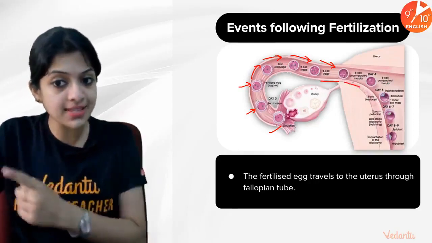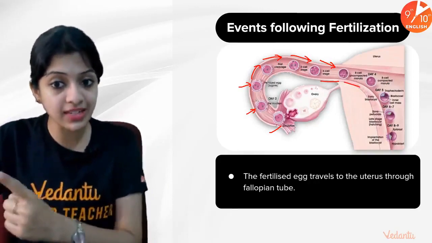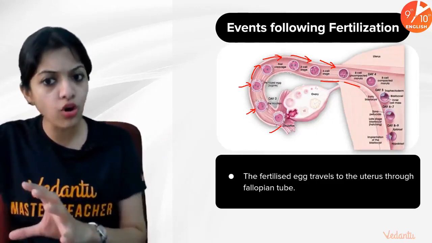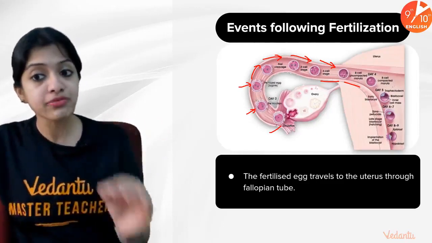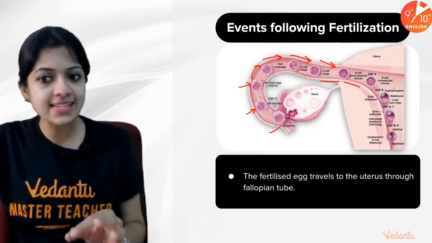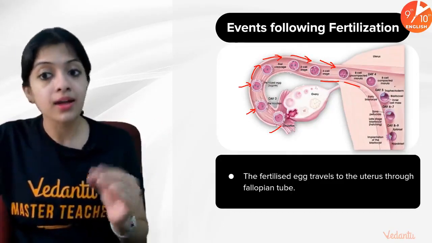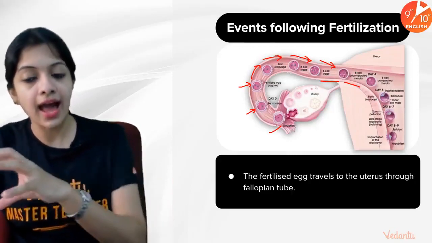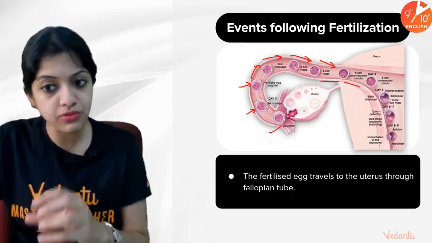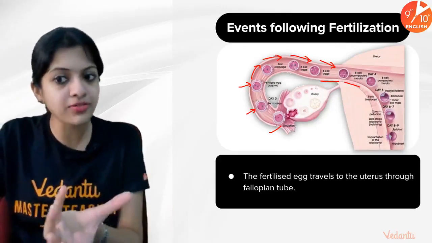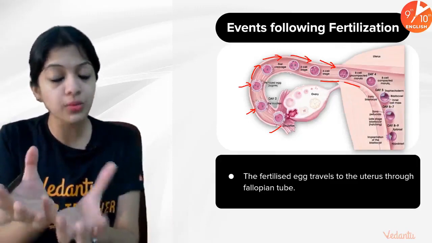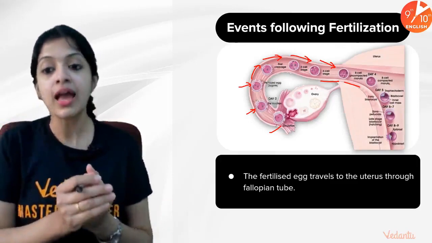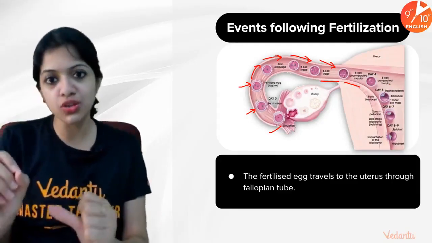You can see the development that happens each day after fertilization. Day 0 is the day where fertilization is happening, and then day 1, day 2, day 3, all of these developments are happening. Day 4, usually the 8-celled stage, which we call the morula, gets formed, and then day 5, day 6 to 7, day 8 to 9, and further down, it moves further and further. You can see, however, the structure is getting modified, right? You will learn more details about this in class 12 if you're planning to take up biology. But for now, all of this is just for you to have a basic idea.